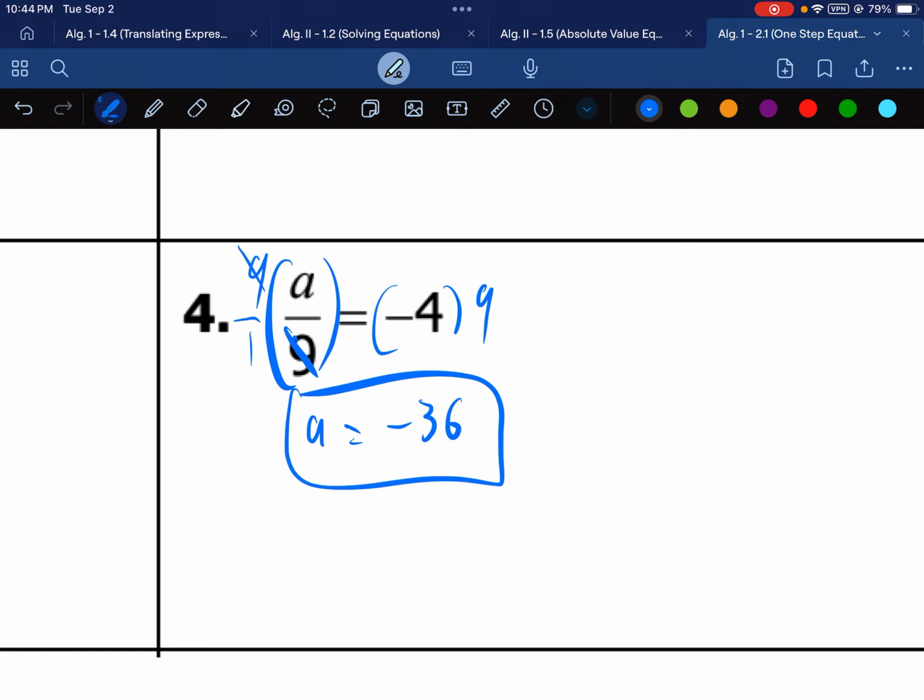-36 as our answer. And that wraps it up here for Algebra 2, Section